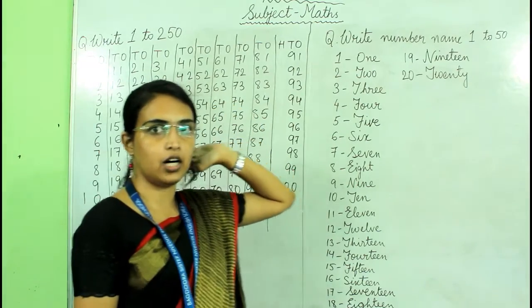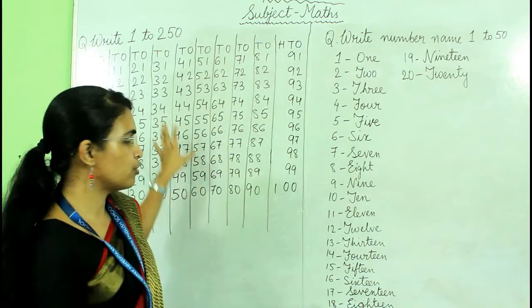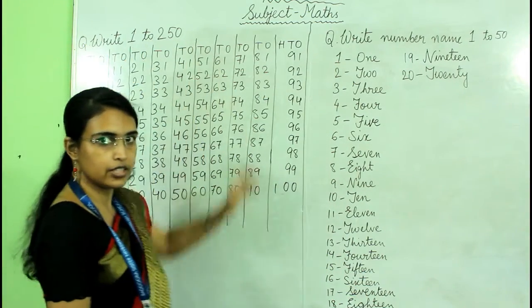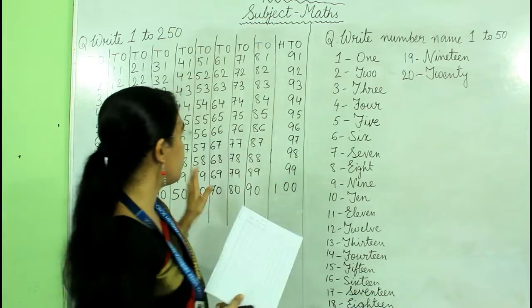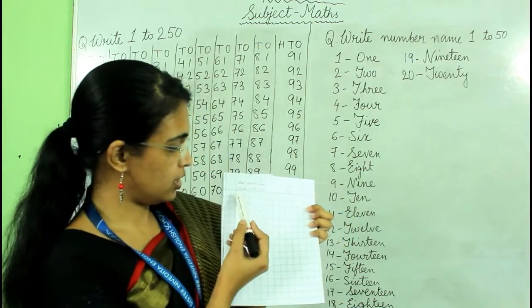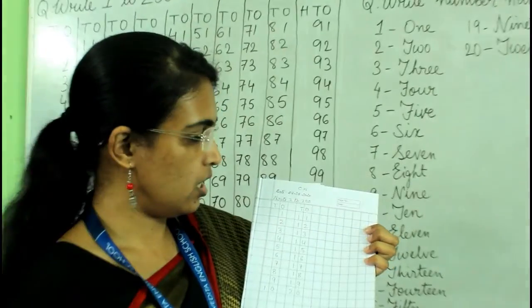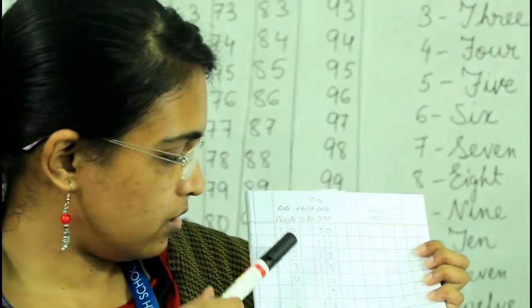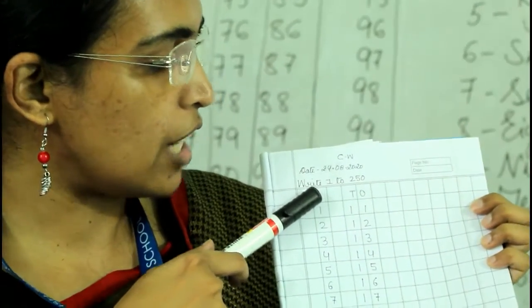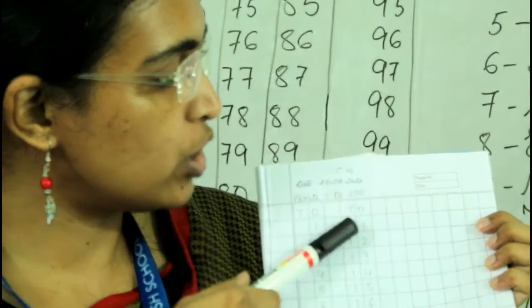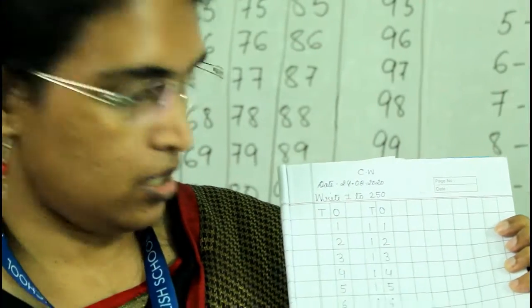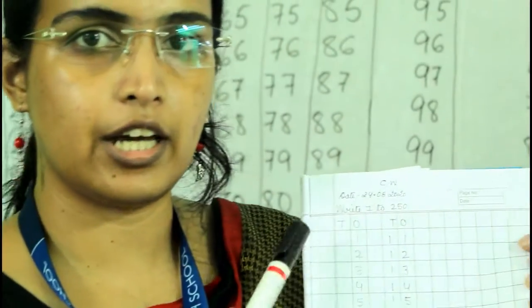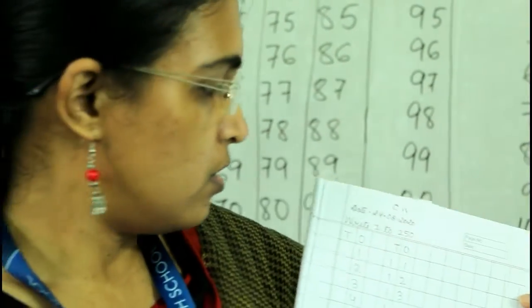You have already started number counting in your previous class. All of you know how to write in your copy, and how to write from 1 to 250. So write this in your copy in this way. First write T and O, or if you are writing a 3-digit number, first write H, then T, then O in separate boxes. If you are writing a 1-digit number, write like this, starting from the ones place. If you are writing a 2-digit number, write like this, starting from the tens place. Leave one line, then write TO again. I mentioned TO and HTO on every page. So this page is your homework.